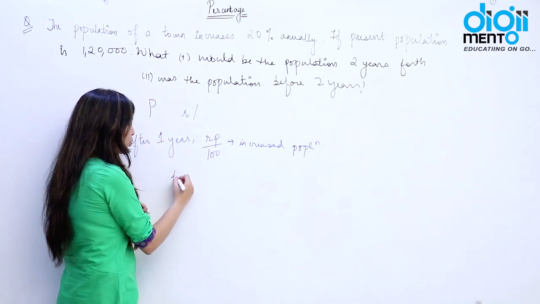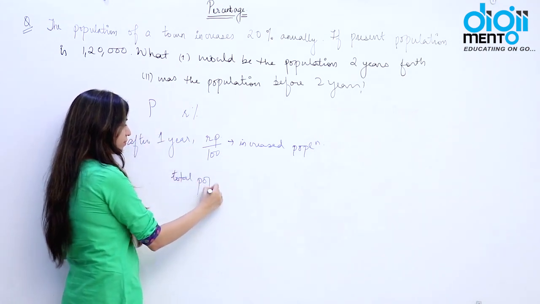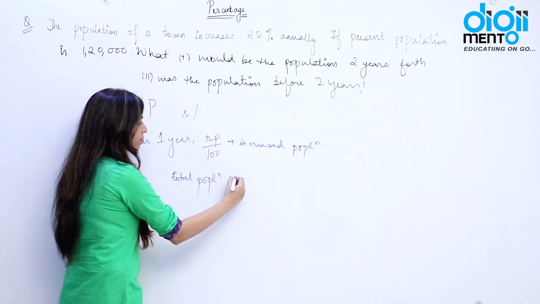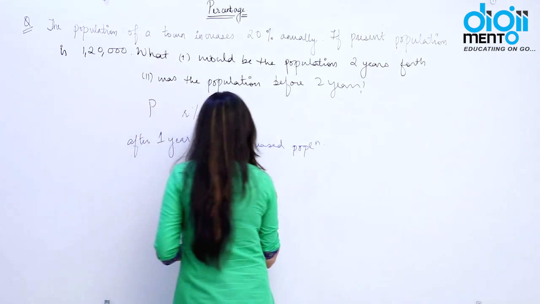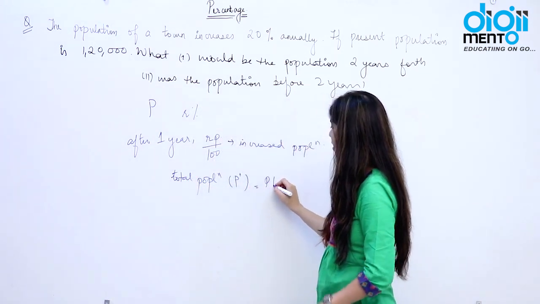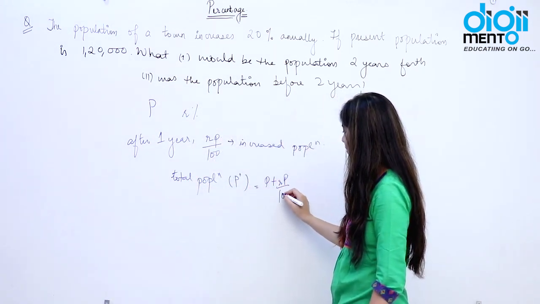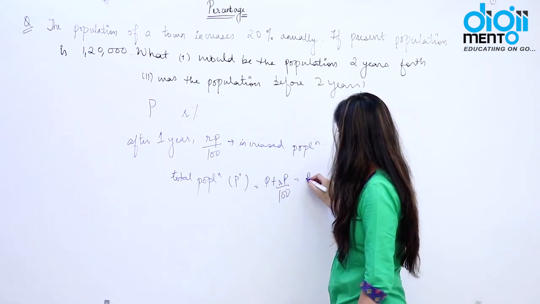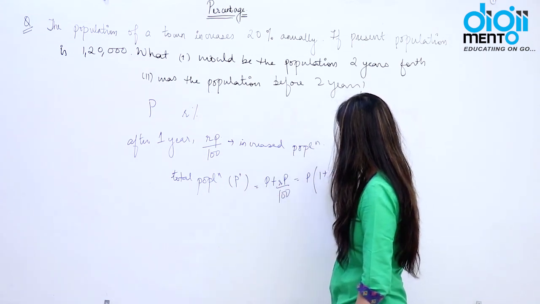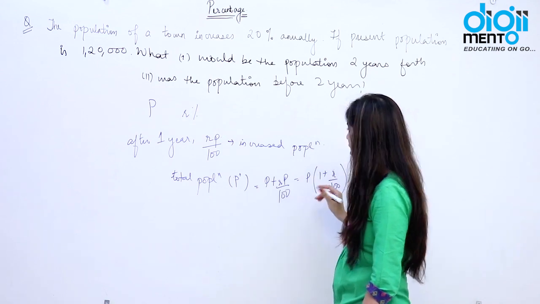Then what is going to be the total population? Total population, let us assume this is P dash. Then P dash becomes P plus Rp by 100, right. Now I can take P common, so P dash is going to be P into 1 plus R by 100. Now this is what